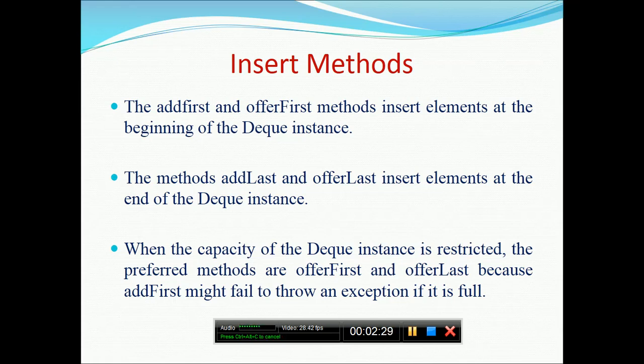When the capacity of the deck instance is restricted, the preferred methods are offer first and offer last, because add first and add last might fail and throw an exception whenever your deck instance is full.